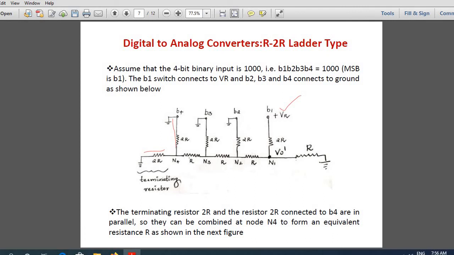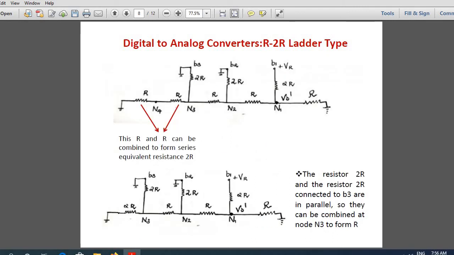So there is another R here. That is what is drawn here. Look here, there is another R here. So these two now become in series. It combines to form 2R. So you note down the nodes so that there is no confusion. Now node 4 has been eliminated, it reaches node 3. Again, these two are in parallel, so you can make the equivalent R. That R and this R again form 2R, and this analysis goes on.